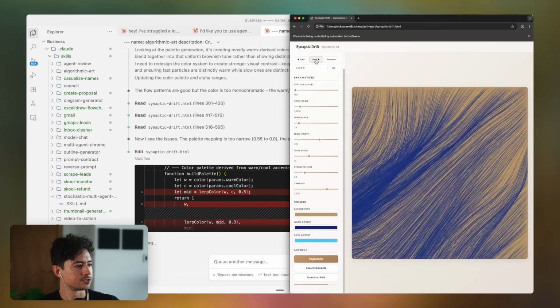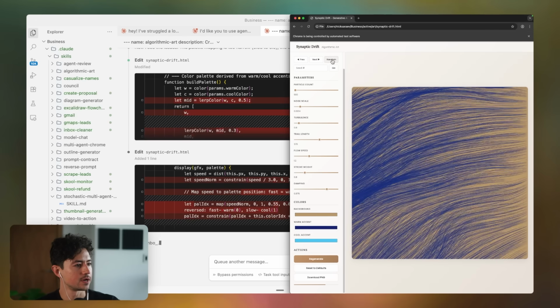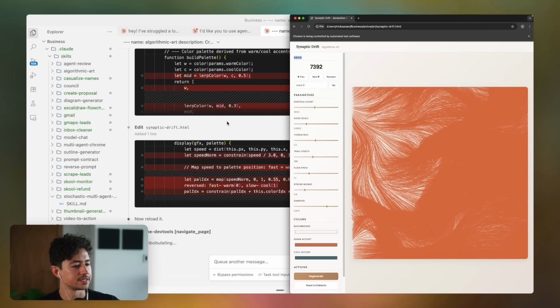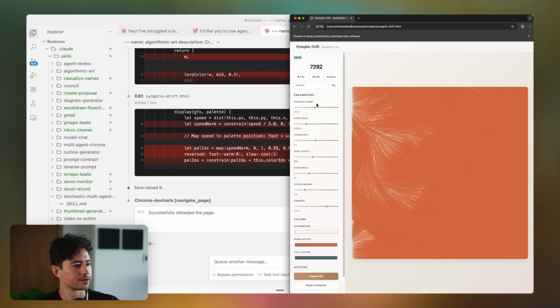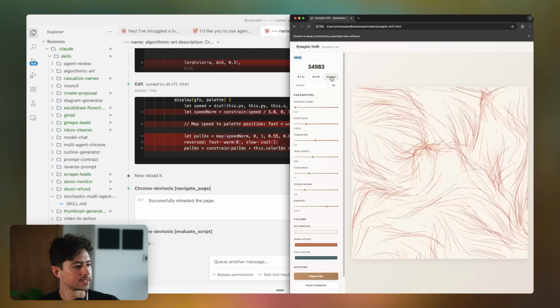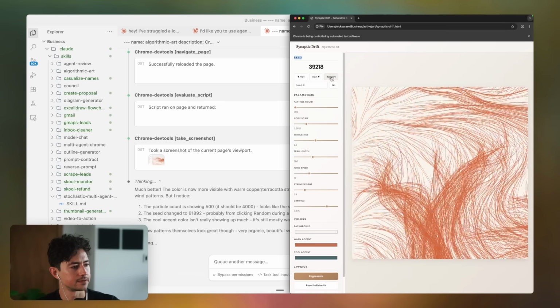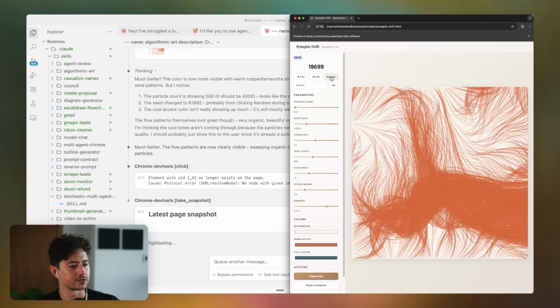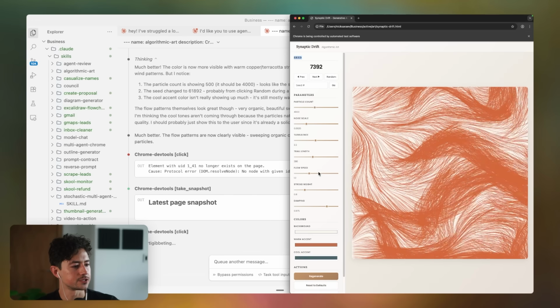We can now create new ones as we want, and then we can also just completely randomize them over and over again. And you can see it's actually still doing some design in the background as we go. So I'm just going to change the number of particles to really low, and then I'll just redesign this over and over again. And I should note that this is not a piece of software I downloaded. We actually just built this. We built this in a much more standardized and consistent way, which is really cool.